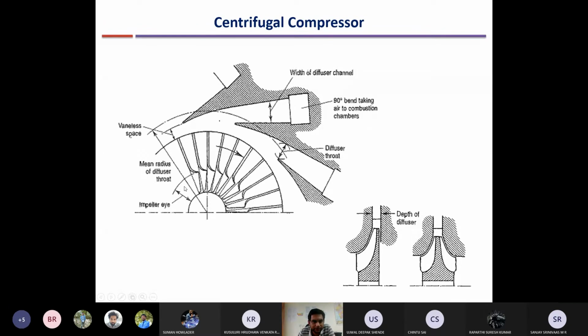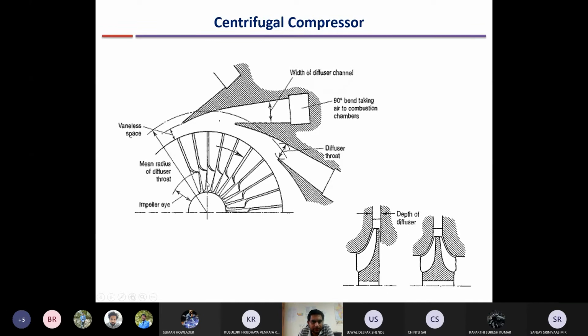This is the cross section of the impeller I. It comes from your direction towards the screen with a certain velocity. Assume that it comes in a straight line, along the axial direction. There are two pipes, two cylinders. One is along this line and one is along the outer line. Between these two pipes there is the annular region through which the flow comes, and this is known as the impeller I. The impeller is the rotating part of the centrifugal compressor. It rotates, in this case shown as rotating from the left to the right side, in the clockwise direction.